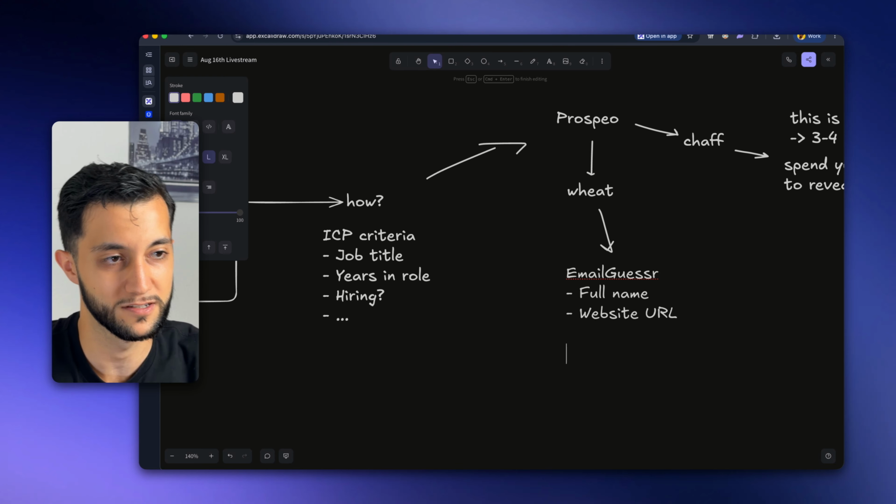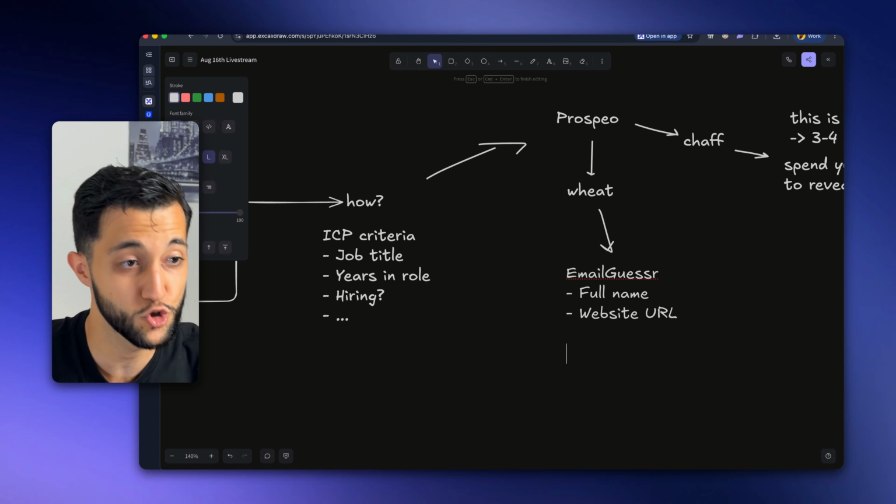And guessing email addresses is super cheap. It's super cheap because we only have to look up these two things. We don't even have to reveal their email, right? So that doesn't cost us a credit, which is super nice. And then we use Million Verifier to verify all the different variants to then get the proper